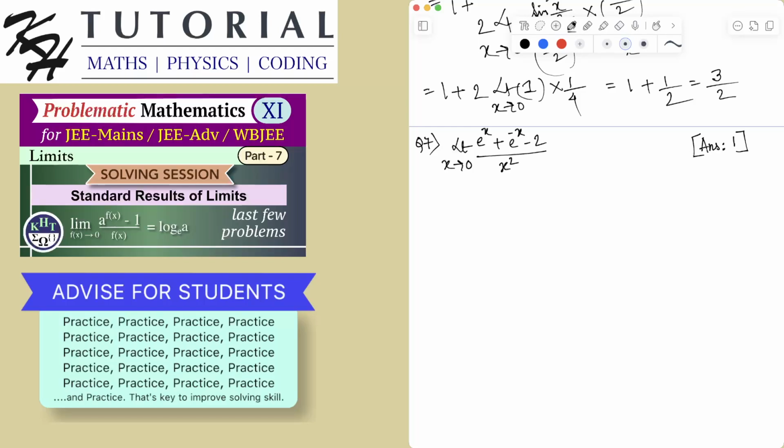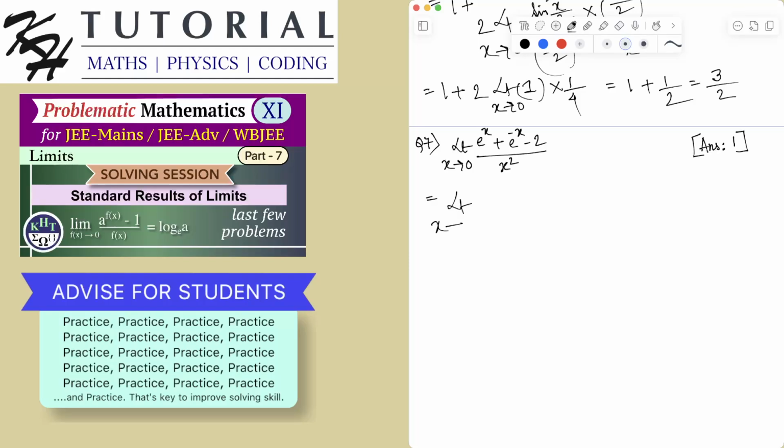you see that in the denominator we are having x square. So now you might be tempted to write minus 2 as minus 1 and minus 1, and you will have e to the power x minus 1 plus e to the power minus x minus 1, but it won't help because in the denominator we have x square. So the thing is that